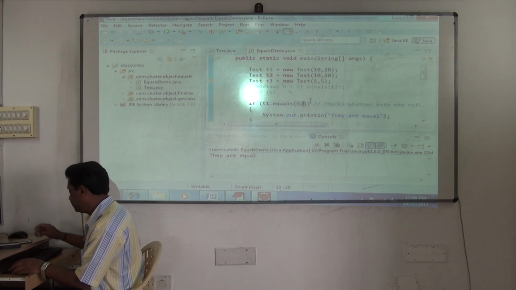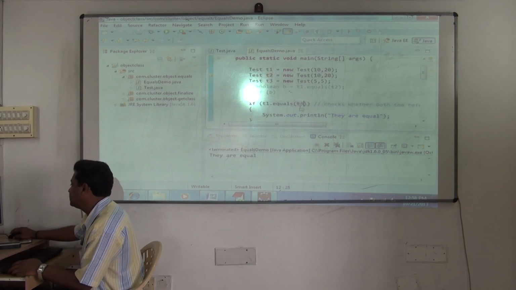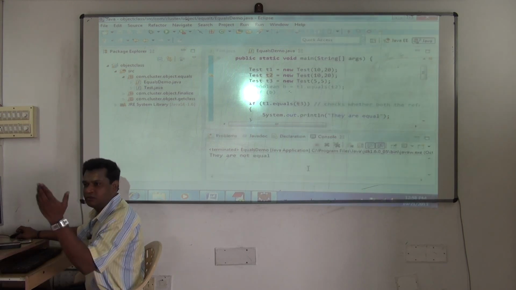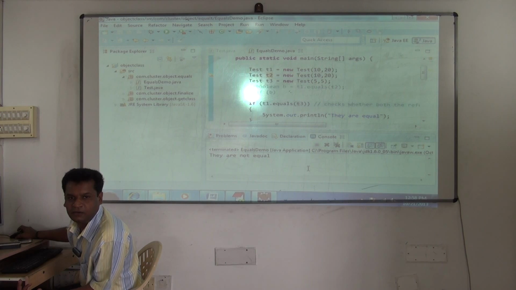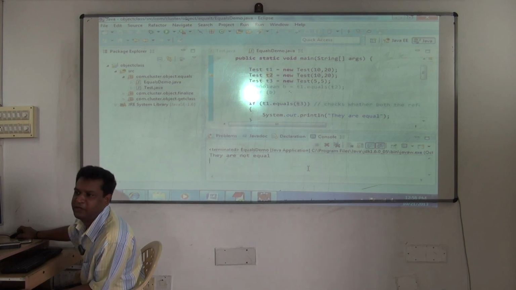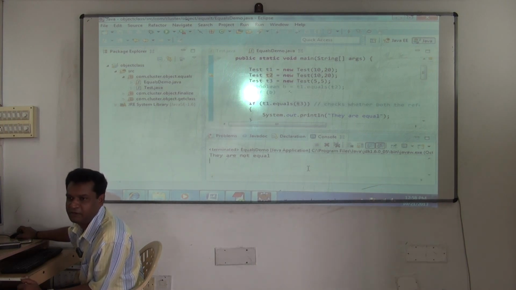But if I pass t3, it tells they are not equal. So even if I have 1000 objects, comparing is very easy now. You call t1 dot equals of t4, t2 dot equals of t5, t5 dot equals of t6. You can go on comparing any number of objects. That's the benefit of overriding